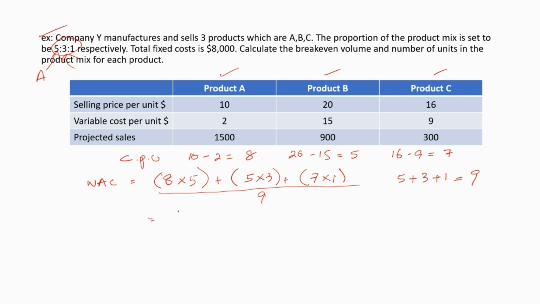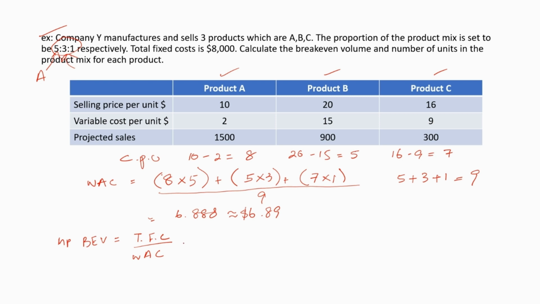This is equal to 6.888. Let's round it off to 6.89. So this is the weighted average contribution per unit. So this is a dollar figure. Now we can calculate the multi-product break-even volume, which is equal to total fixed cost divided by the weighted average